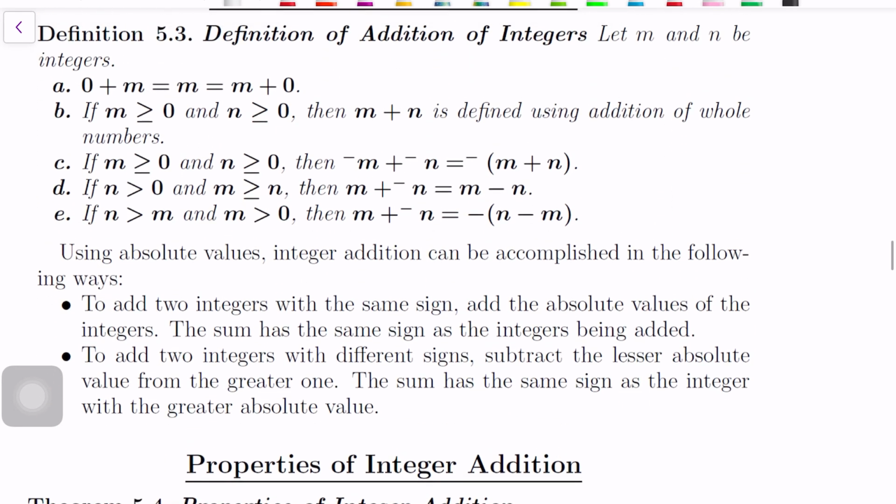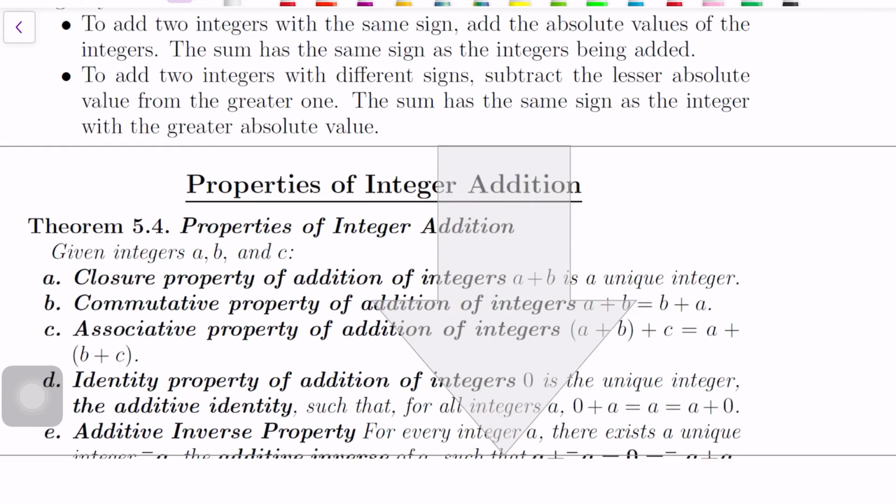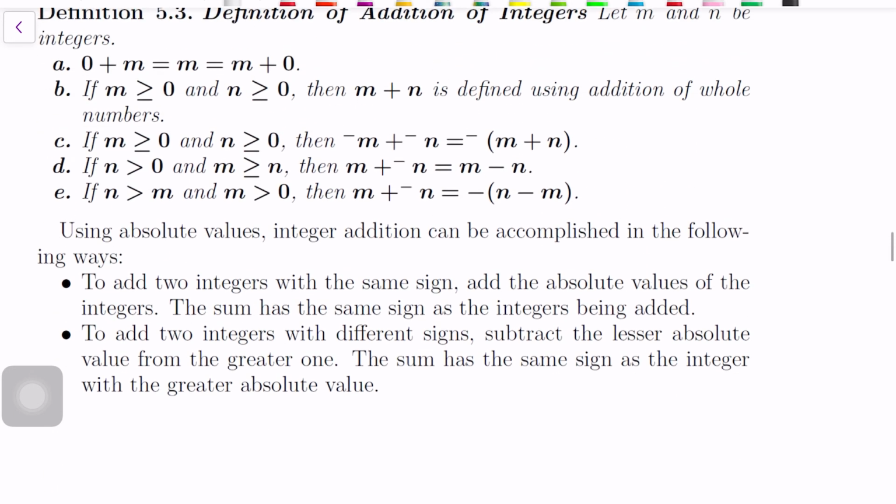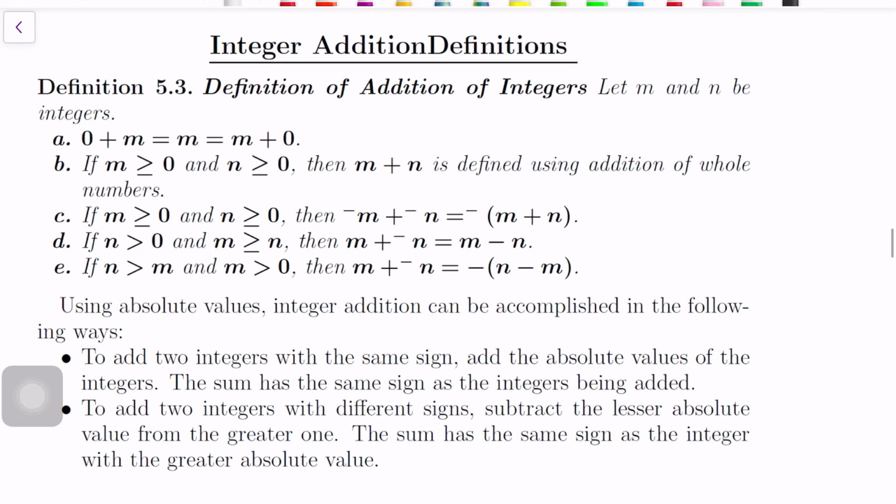Okay, and I'm going to list the algebraic definition. Once we use the charged field or chip model or the number line model, we can devise those rules for dealing with adding integer numbers. So first, of course, we know that when you add 0 to any integer, the integer